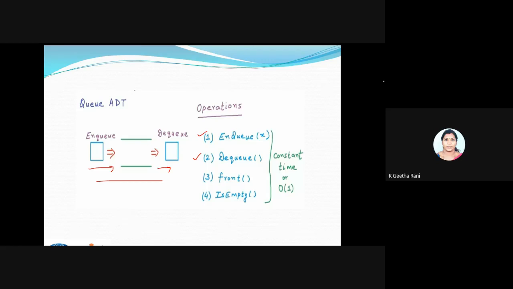So here we have a term like constant time. Here it is about the complexity of your program, the complexity of the operations, as well as in stack also we said we have a complexity of order of 1. It's the best complexity we say. So it takes a constant time, because only one element will be dequeued. We won't be dequeuing many elements. At a particular time, only one element will be coming out from a queue. So we will be performing in constant time. So in stack as well as in a queue, both will have order of 1 as the time complexity.